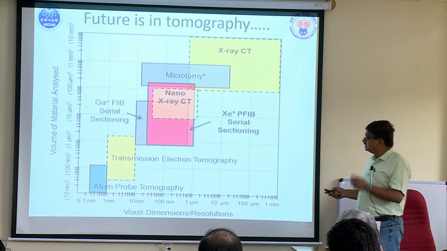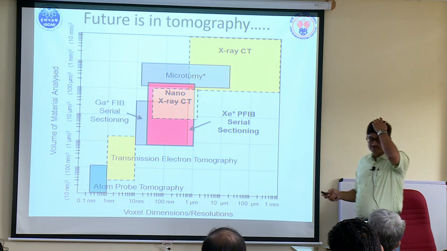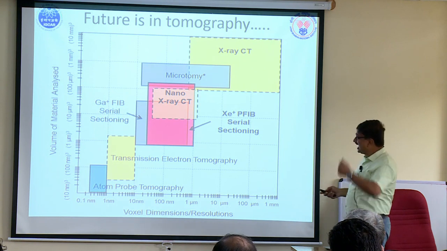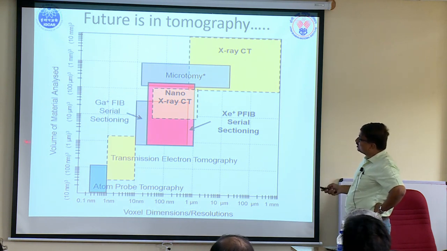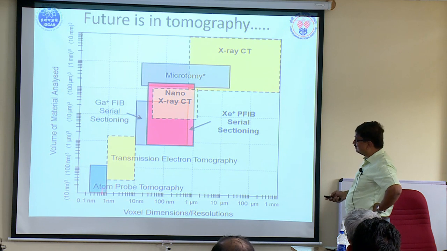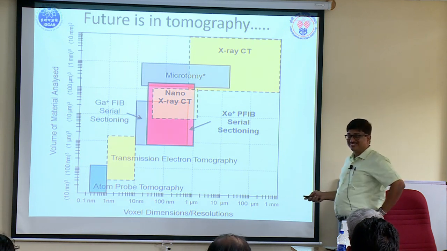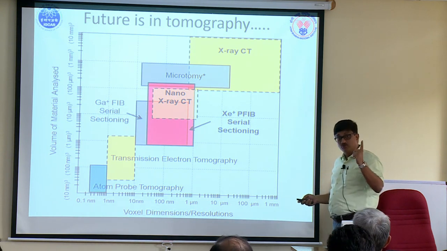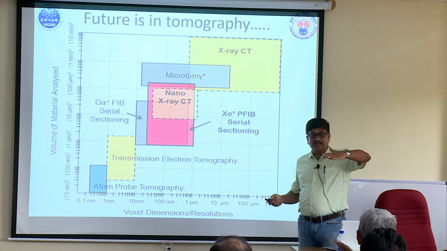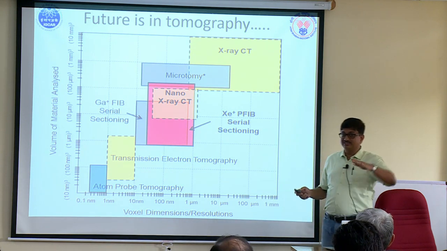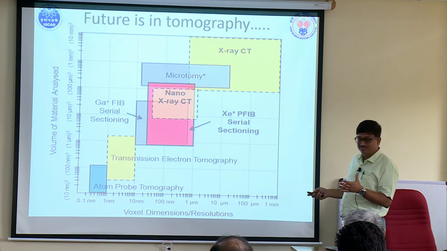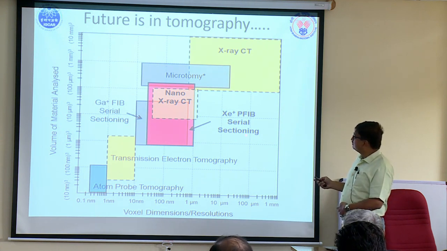And this is of course, everybody likes to put these Ashby kind of plots for whatever talk they make. So this is the volume of material, and this is the voxel dimension, and this is the atom probe. And if you are using transmission electron microscopy tomography holders, where you will have a tilt, you will have to generate a tilt series, you can generate a tomography. So this is something like a nanometer and so on. And for the gallium and the xenon, we are here, something around the 100 nanometer range.